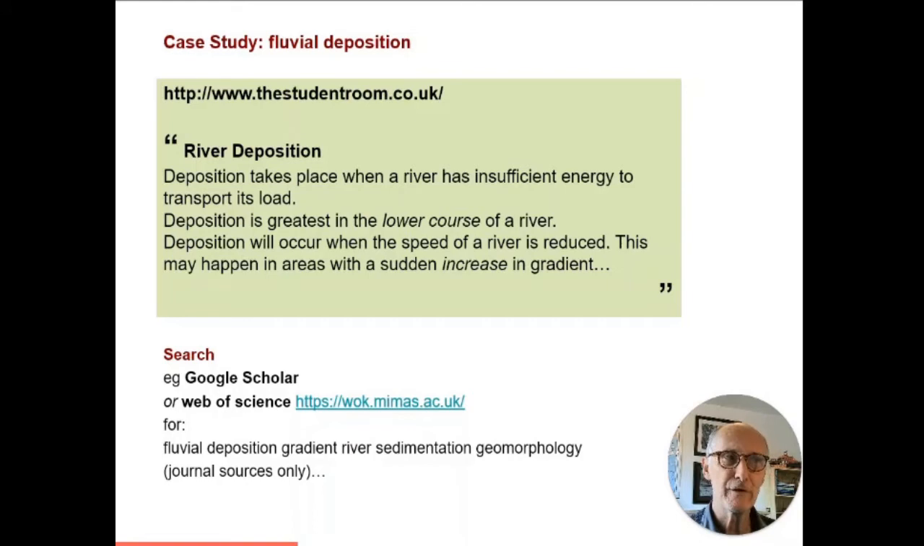So what would you do in that situation, when you've read something on the internet or in a textbook, or if your tutor has said something in a lecture? You check it. And you check it, for example, by searching on Google Scholar or Web of Science. You've had separate classes, or you will be having separate classes, on how to search for good, reliable academic sources. But for example, if you go onto Google Scholar and type in search terms such as fluvial, deposition, gradient, river, sedimentation, geomorphology, make sure you're asking Google Scholar to give you just sources from peer-reviewed academic journals,